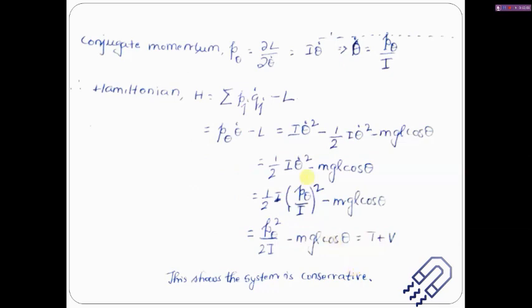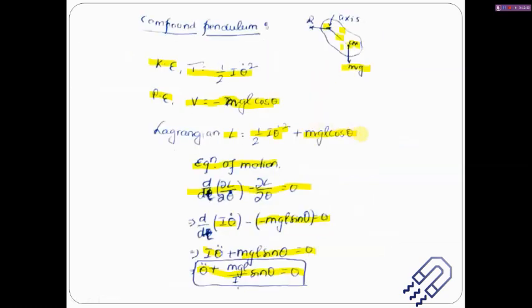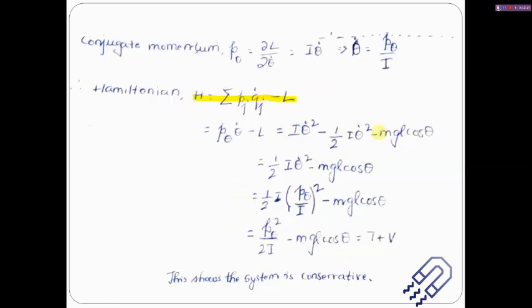So once we have the Lagrangian, we are going to use whatever we have done in the previous example. What is our Lagrangian? This is our Lagrangian. Please don't get confused, remember. We can use this to find out the Hamiltonian. If you consider the conjugate momentum, we have p theta is equal to del L del theta dot, which is equal to I theta dot. So we can write down theta dot in terms of p theta. So theta dot is equal to p theta by I, as we have done before.